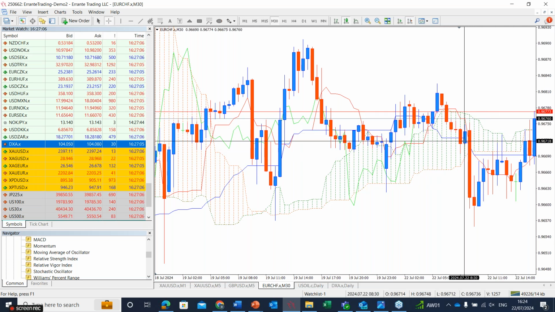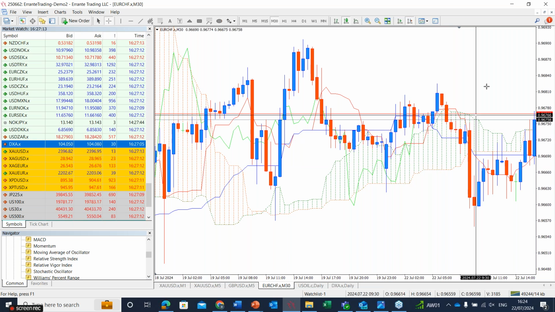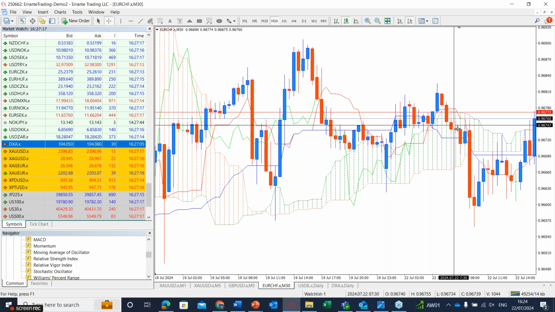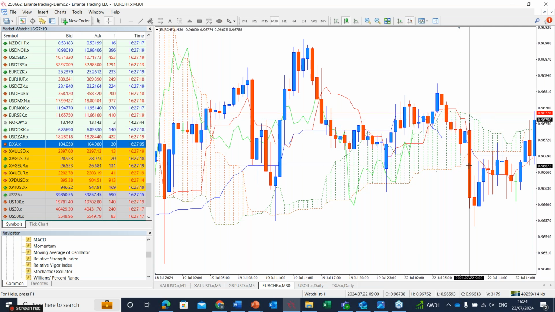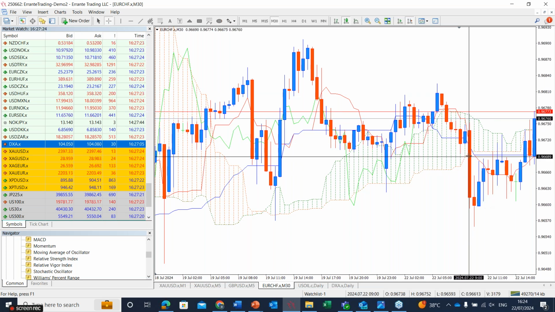In that case, we need to wait for the price to cross below or above all components, and then we need to see that all components are confirming the price,